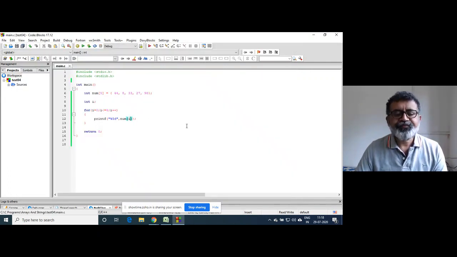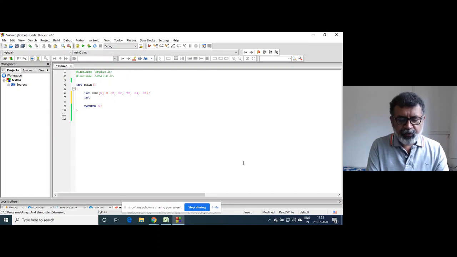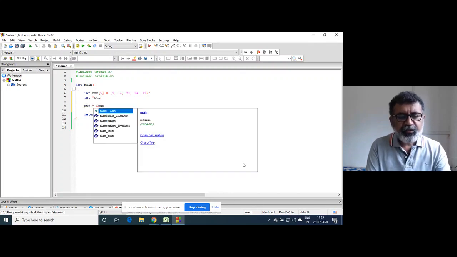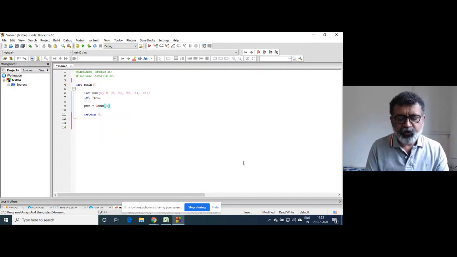So the whole array is printed using the index, and then int *ptr. To access the complete array, we wrote ptr is equal to &num[0], right?